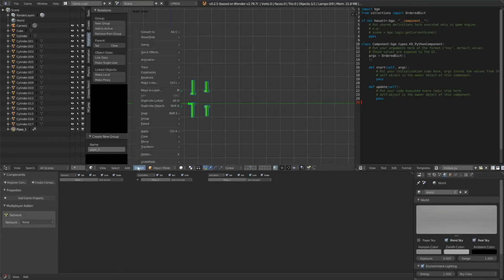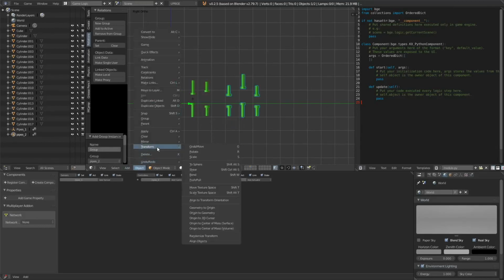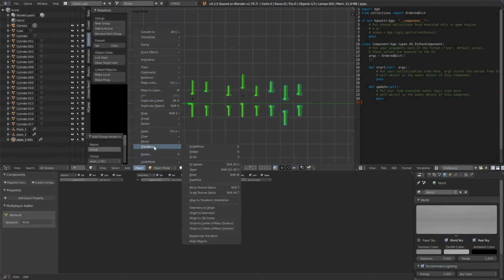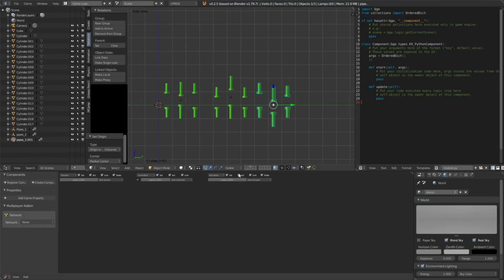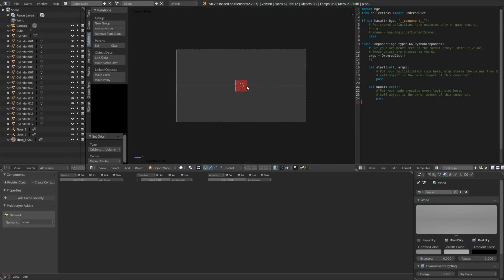We are just going to go Object, Transform, Origin to Center of Volume, and we're going to click on Pipes 2, do the same thing, Transform, Origin to Center of Volume, and Pipes 3, I guess it's Pipes 3-1, that'll be fine, Transform, Origin to Center of Volume. Now that we have all these, we go back to our main scene, go into our camera, and we're going